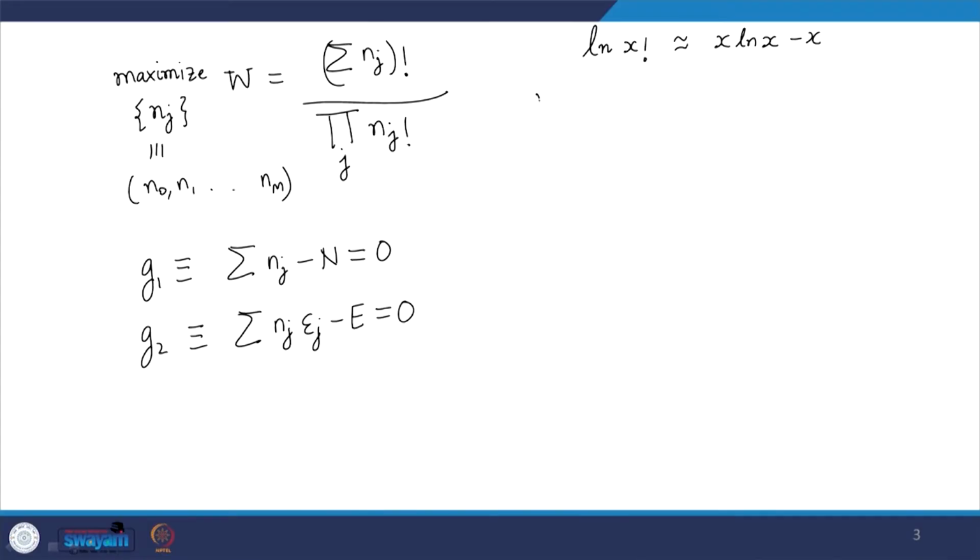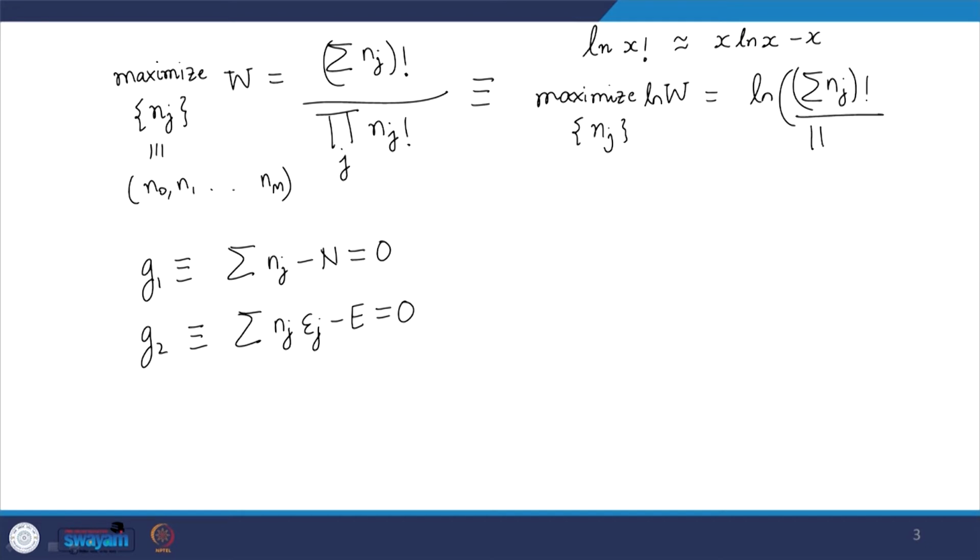So, therefore, wherever we have maxima of w, we also have maxima of ln w. So, therefore, I can write the problem instead as: maximize over Nj the ln of w, that is ln of summation of Nj factorial by product over Nj factorial, and this becomes, using the Stirling approximation, we can write this as ln of